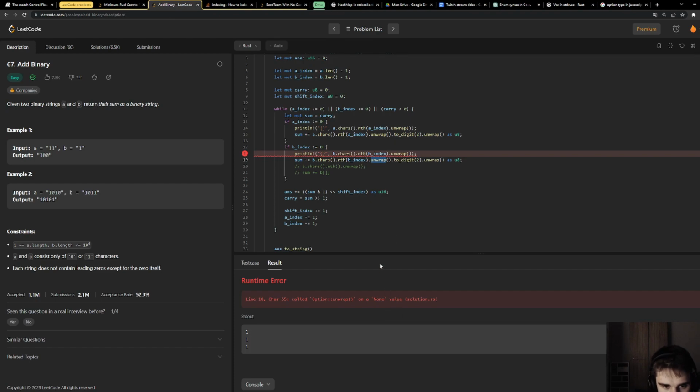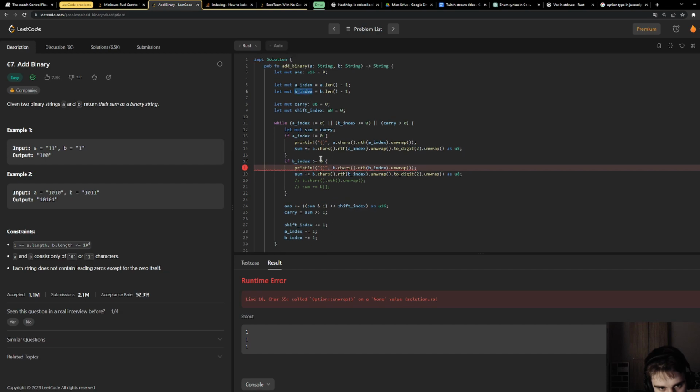Option unwrap. Dealing with strings is never nice.